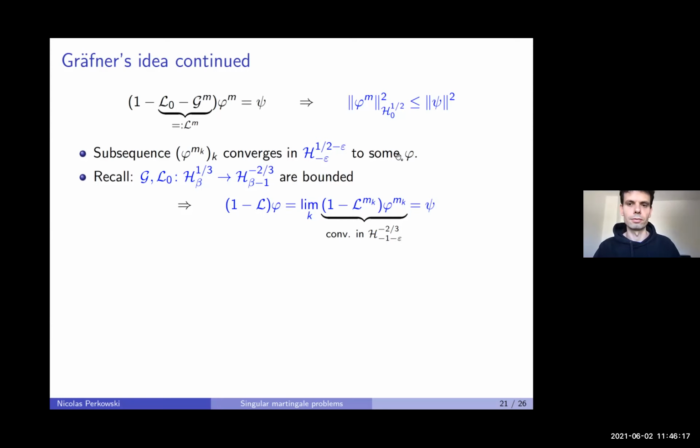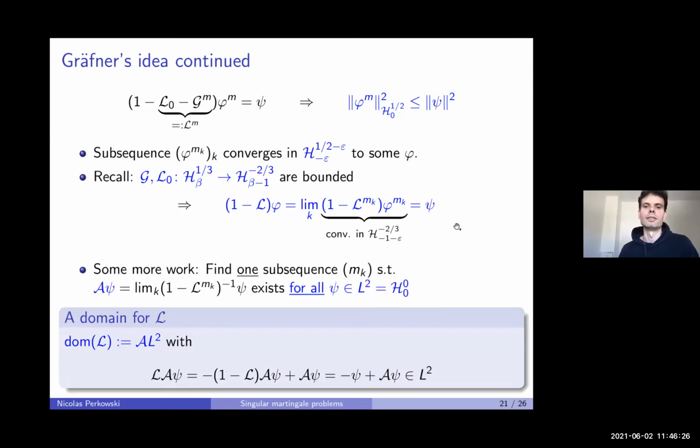So we have proven that we found a solution to the resolvent equation, now with a real operator here, with right-hand side psi. And using separability and some more work, you can find one subsequence such that this limit of these, so these are the corresponding phi_{m_k}, exists for all psi. And so this then gives us a domain, right? So the domain of the operator is just A, so I write A psi for the limit along the subsequence of these guys. And so for any function psi in L2, L acting on A psi, we can write through